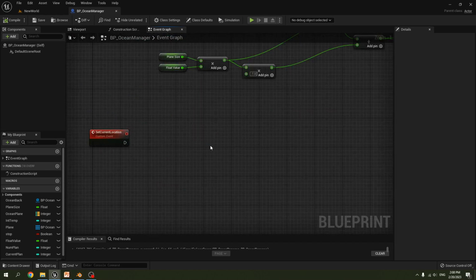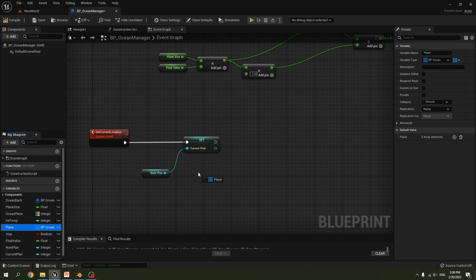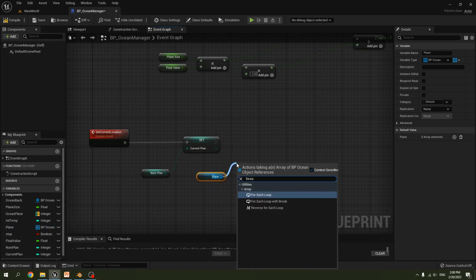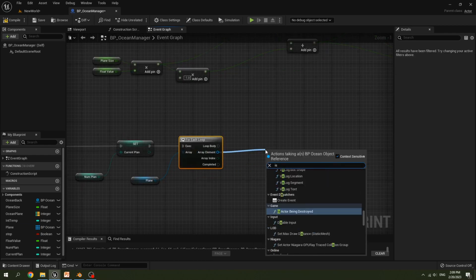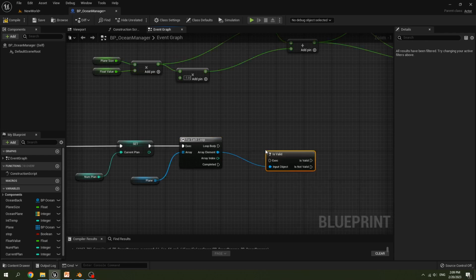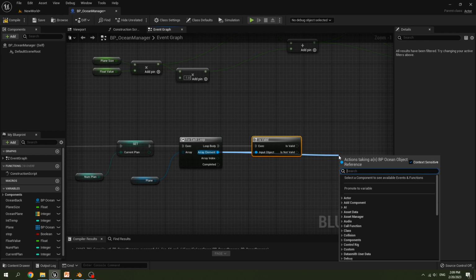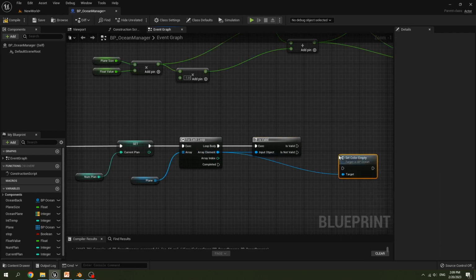On set current location custom event, get numPlane, then set it to current plane, get plane array. For each loop, array element is it valid, and if it's valid, we call set color empty.